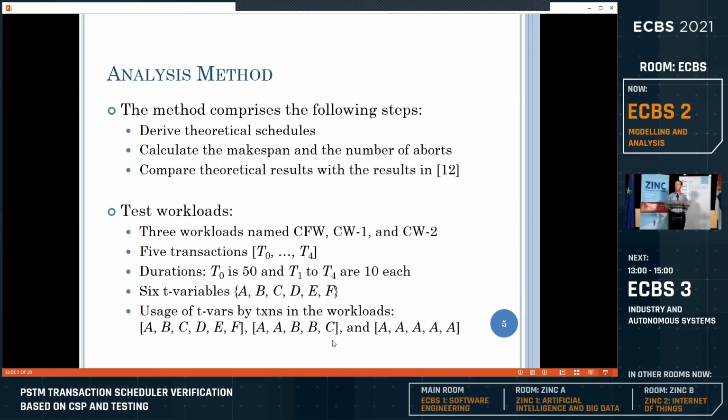The analysis method we used comprises the following steps. First, we derive theoretical schedules. Then we calculate the makespan and the number of aborts. And in the third step, we compare the theoretical results with the results in the TASET 219 paper, which we will reference as 12. We use 3 workloads,